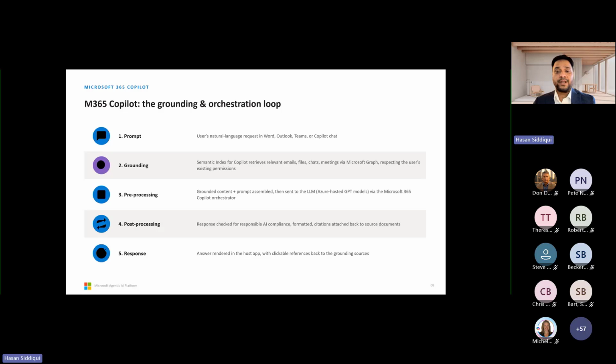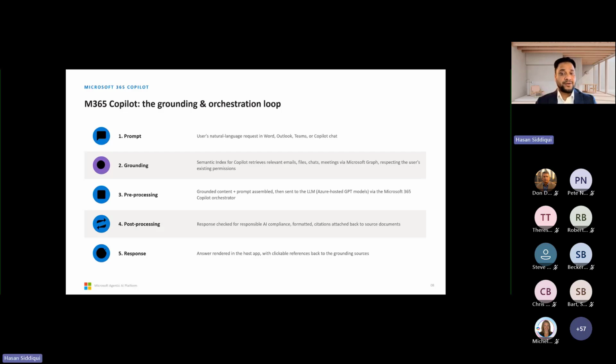In the last stage, the grounded content is merged with the prompt and sent to an Azure-hosted large language model through Copilot orchestration, which also decides if any plugin or Graph connector needs to be involved.